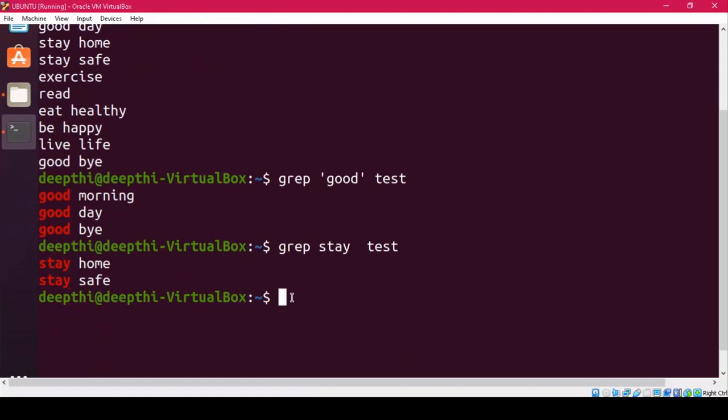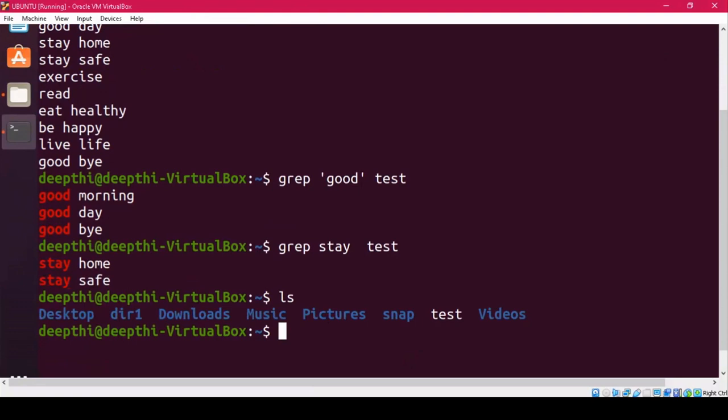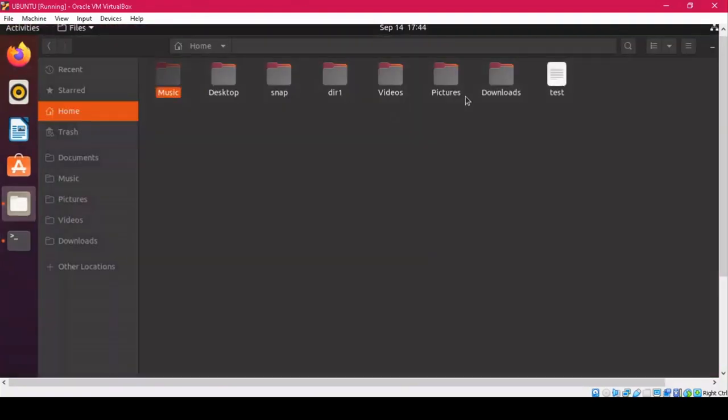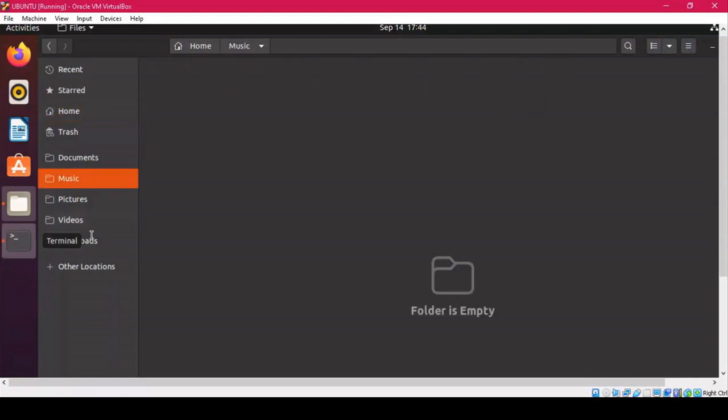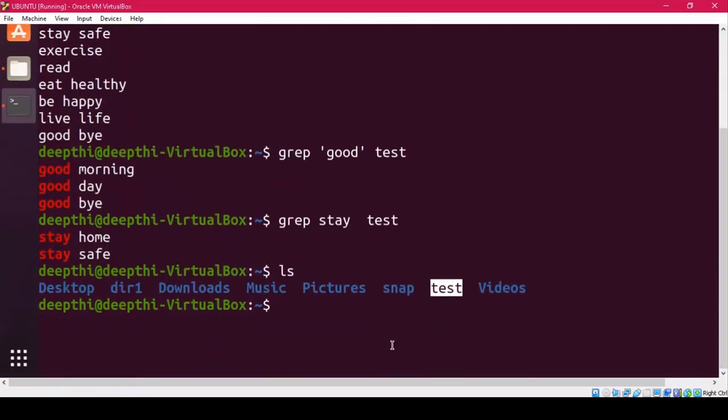Now coming to one of the most interesting commands, that is the cp command, which is used for copying. If I see ls, I can see that this test file has been created here. As you can see, test has been created. But earlier we also saw that the music folder is empty. So now I want to copy this file to the music folder. So for that, what you are going to do, you will simply write,